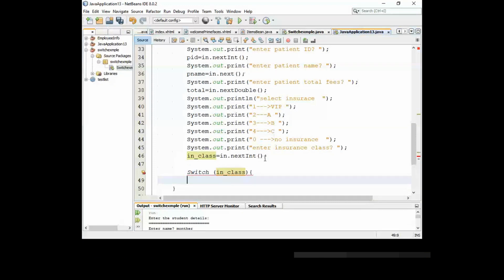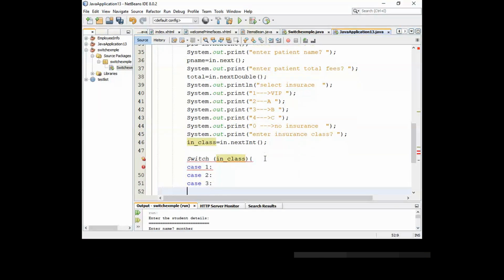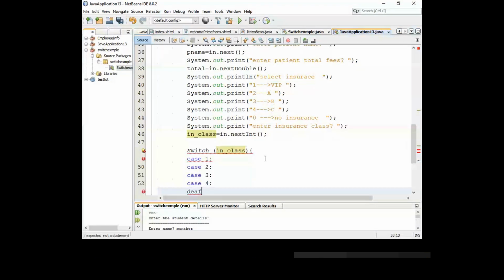Okay, case 1 and case 2, case 3, and case what? 4. Okay, the last one is what? Default, which is case 0. Okay, this is default like this,